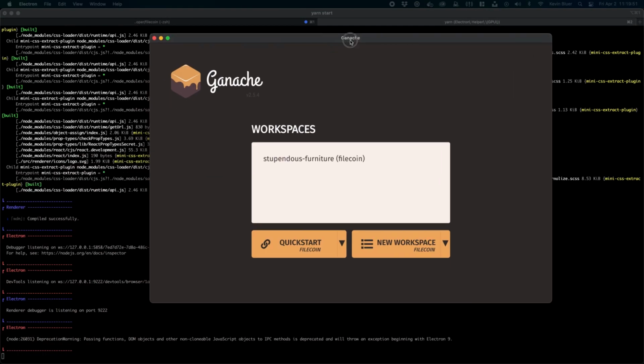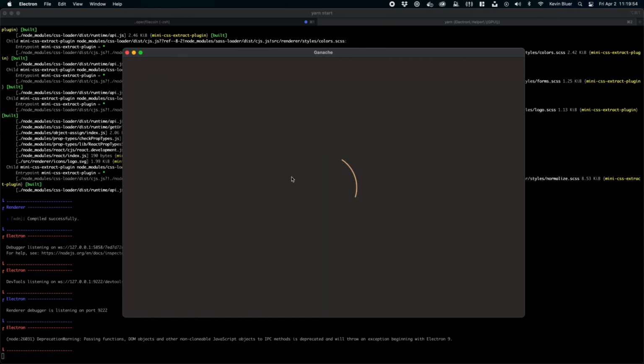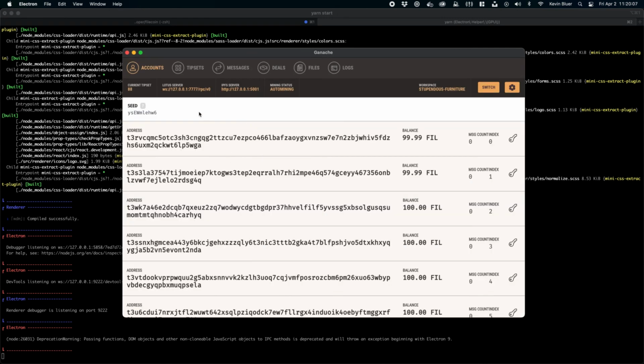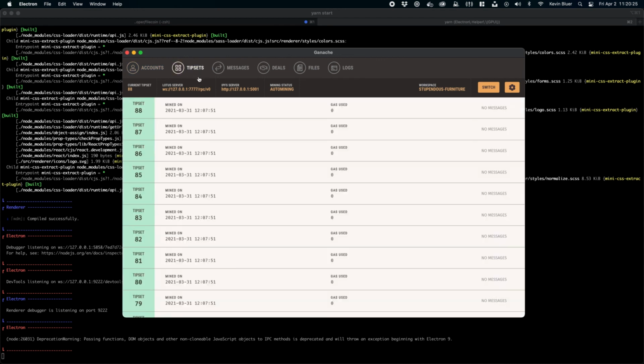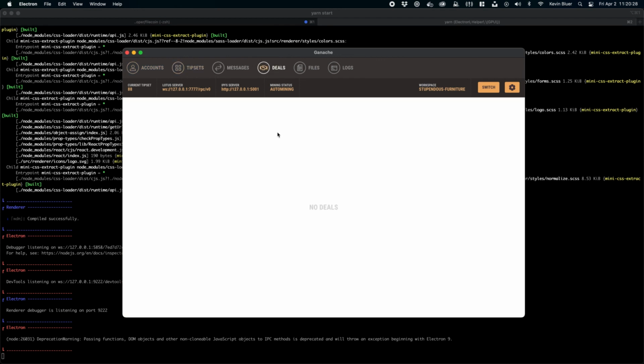And there we go. On the right here, on my other window, which I've just dragged over, is the GUI-based version of Filecoin Ganache. Let's just go in there. This is a project I created before. There we go. Cool. So as you can see here, and again, if you've used the GUI-based version of Ethereum-flavored Ganache in the past, this would feel very familiar, but it would also look different because we've got different tabs along the top. But as we saw in the CLI version earlier, we've got the account addresses, the tip sets as they're mined, any deals that are created, no deals because